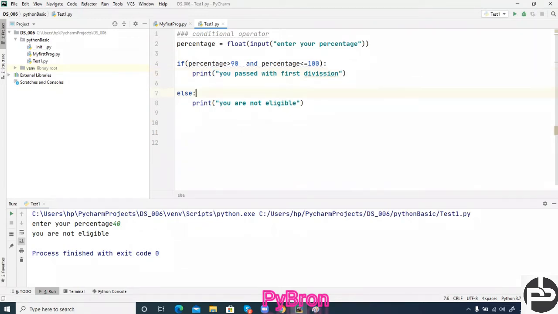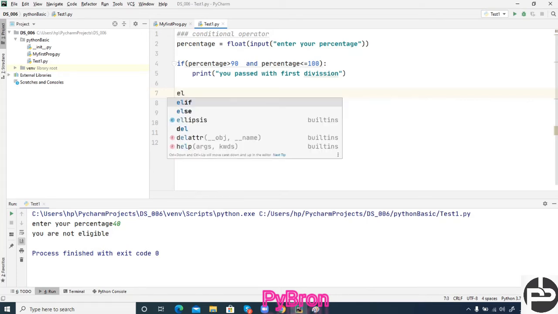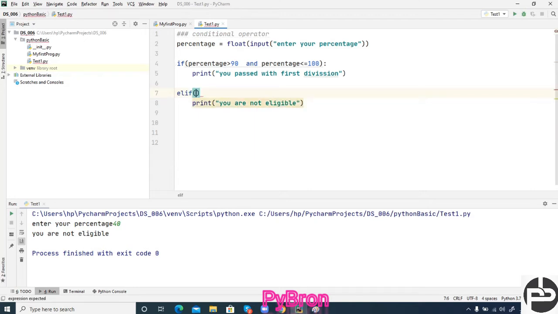Next, there is a third condition, right? If you want to put multiple conditions, you have to write an elif condition, meaning else if. In Java the keyword was else if, but in Python it's elif. So if your percentage is greater than 70, sorry, not 17, 70, and less than 90,